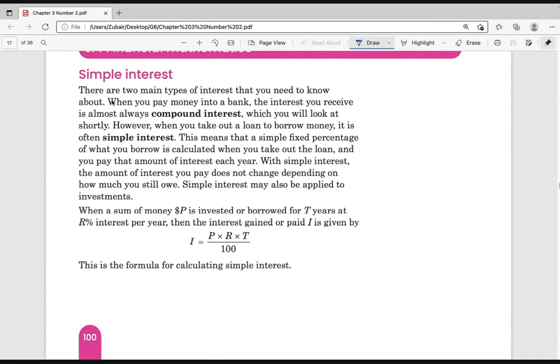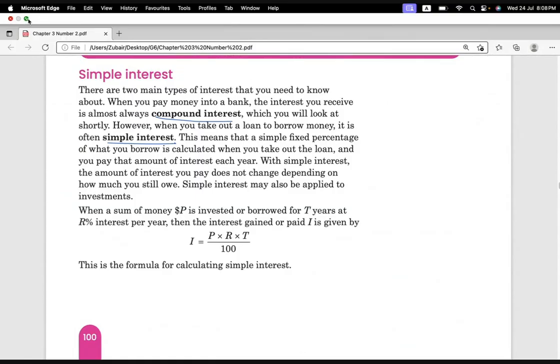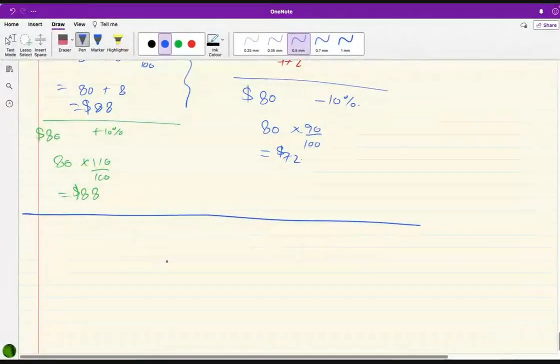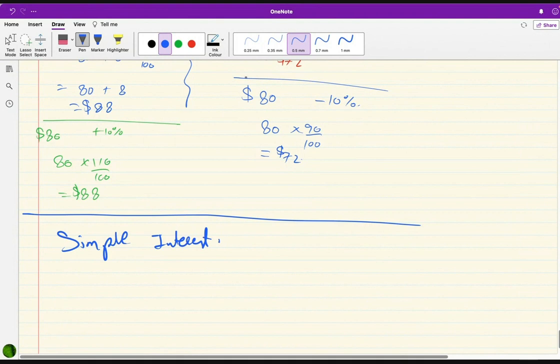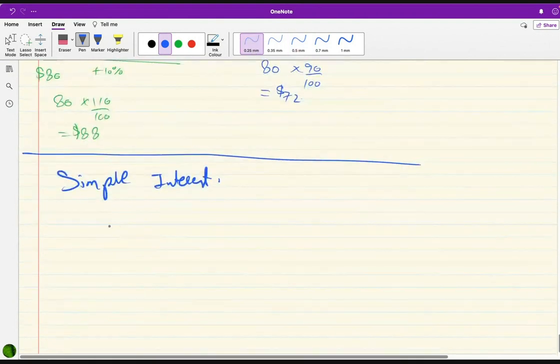There are two main types of interest that you need to know about. You pay money in the bank. The interest you receive is almost always compound interest, which you will look at shortly. However, when you take out a loan to borrow money, it is known as simple interest. So if, for example, we take a loan of